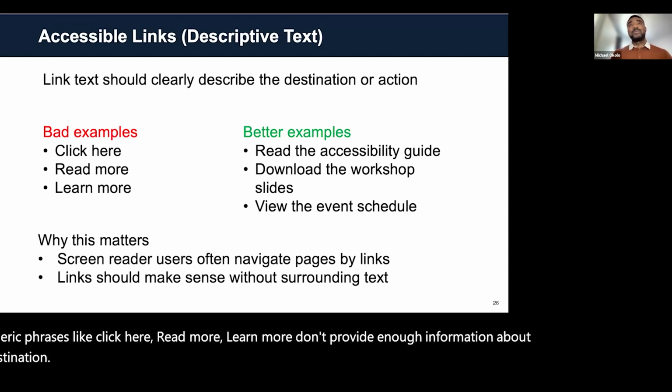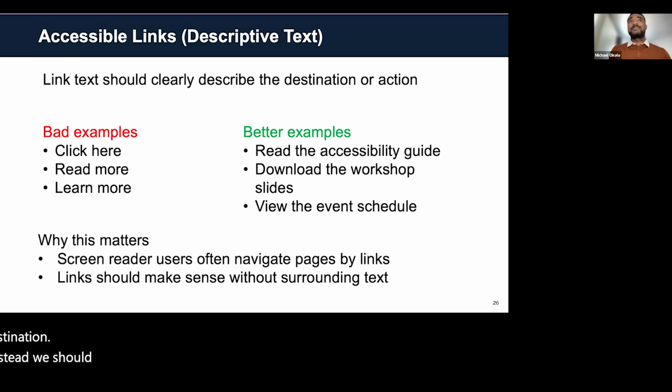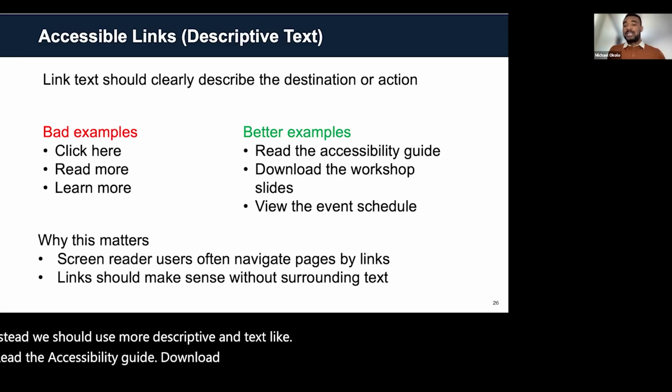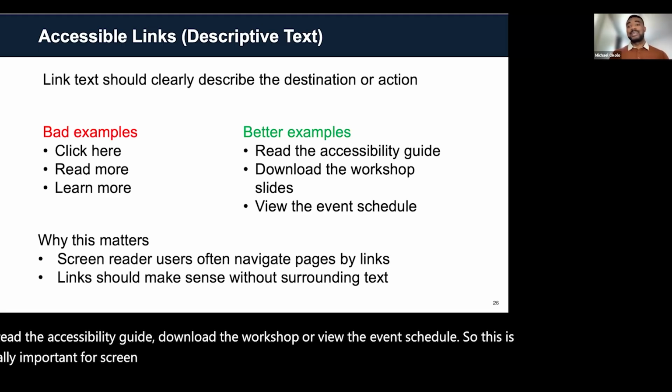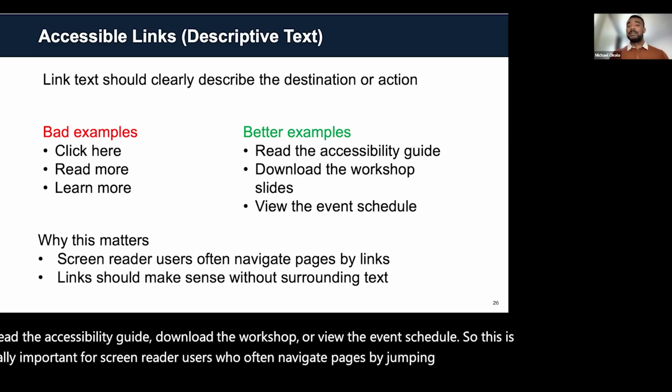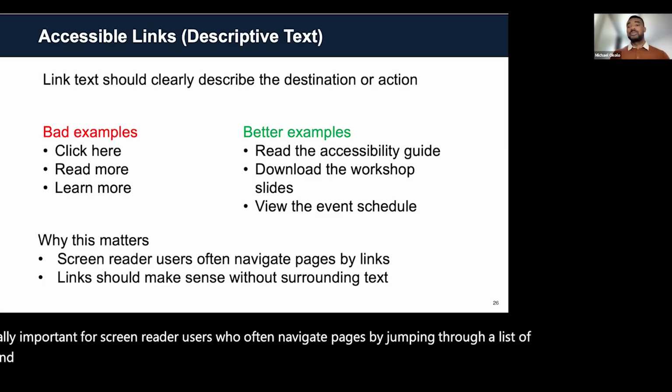And instead, we should use more descriptive text like read the accessibility guide, download the workshop, or view the event schedule. This is especially important for screen reader users who often navigate pages by jumping through a list of links. And because of that, each link should make sense on its own without needing surrounding text for